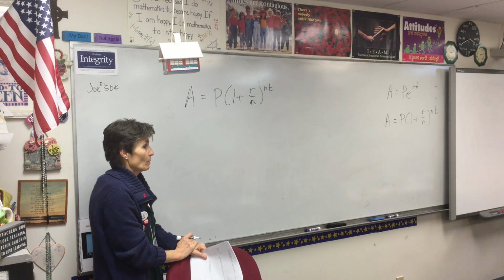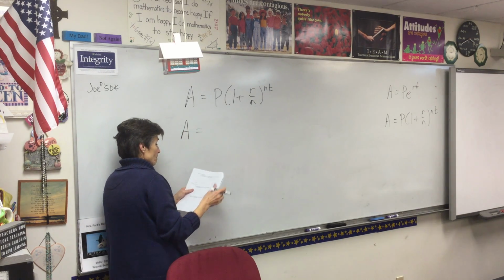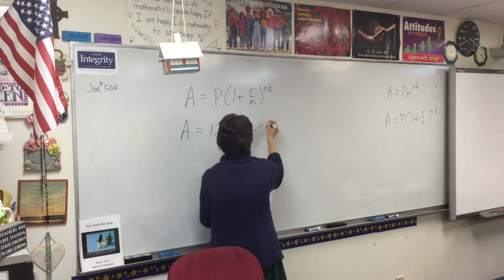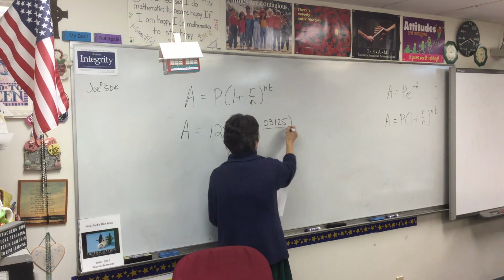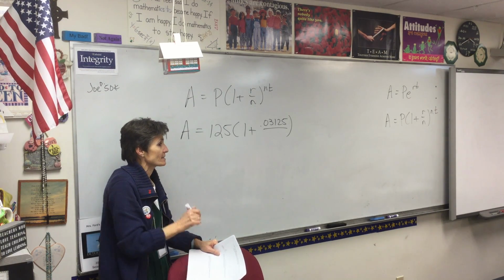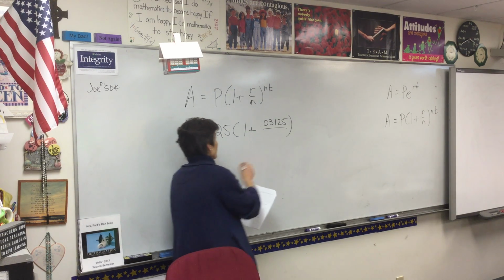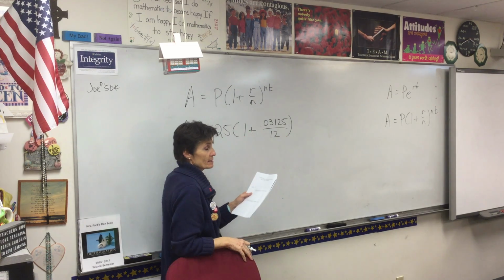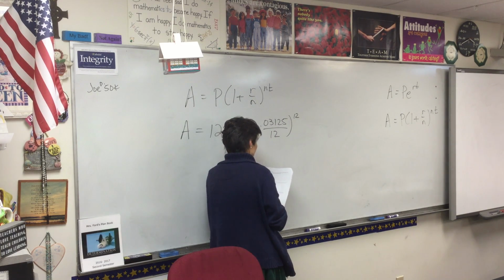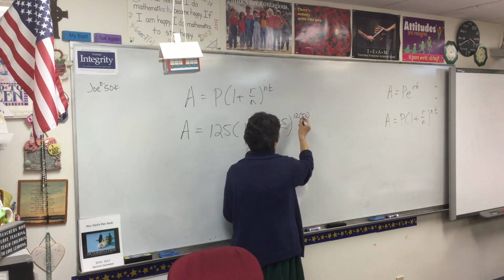All right, here we go. What's A? I don't know. That's what I'm finding. What's P? 125. What's R? 0.03125. Very good. Remember when you put a rate, a percentage, into the equation, it has to go in its decimal form. What's N? 12. Compounded monthly. So N is 12 and T is 50. So I'm going to go ahead and multiply those so I only have one exponent, and that will be